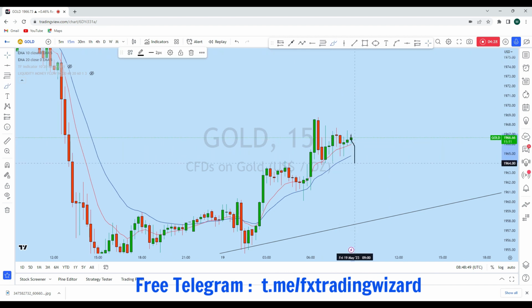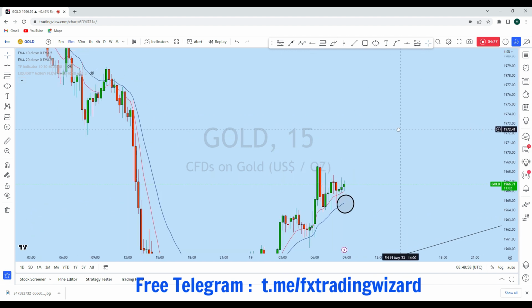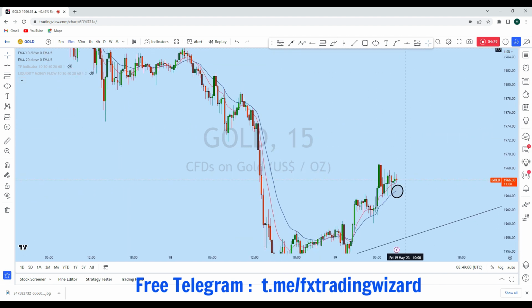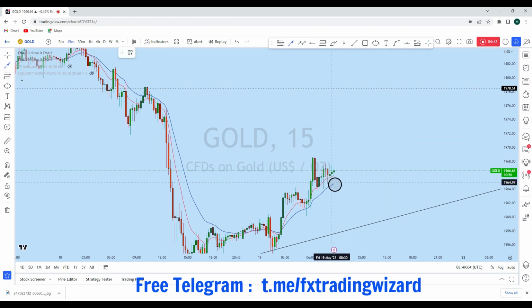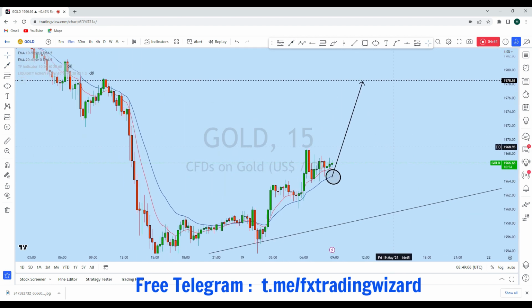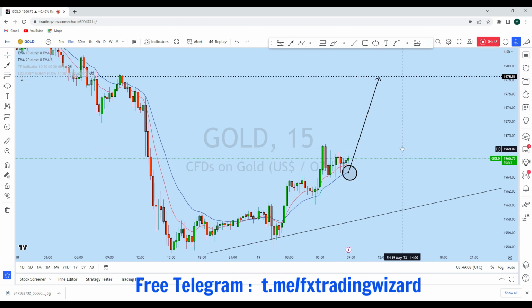On this 15-minute price action, I think that anytime we could see a local breakdown for a strong liquidity grab, and as soon as we find a suitable entry opportunity on the local breakdown after a strong liquidity grab, we will be considering going long on gold. After the liquidity grab, we can expect the price to continue to rise. So as soon as we find a suitable entry, we will consider going long with a high probability trade setup with our students.